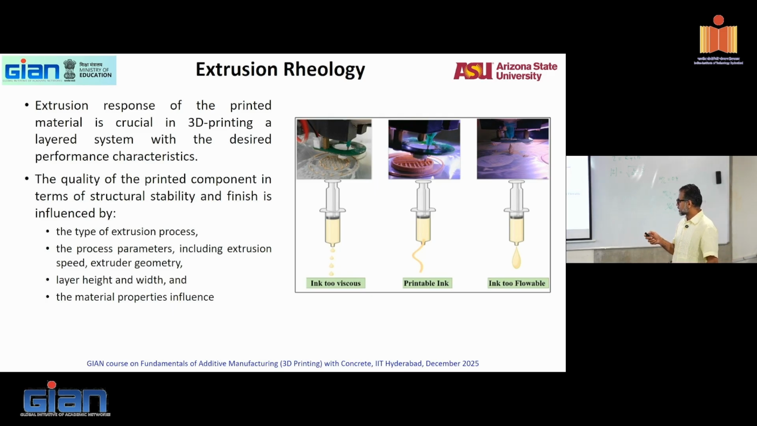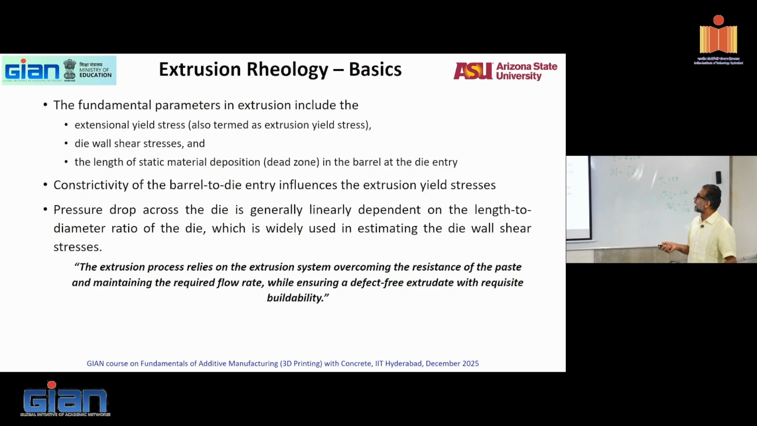So I told you earlier that not just the material, but the extrusion process also is important, right? The type of extrusion process, extrusion speed, extrusion geometry, layer height, layer width, all of those influence the material properties. So there are lots of fundamental parameters in extrusion. Having measured the yield stress of the suspension in the lab, which you will be seeing in a few minutes,